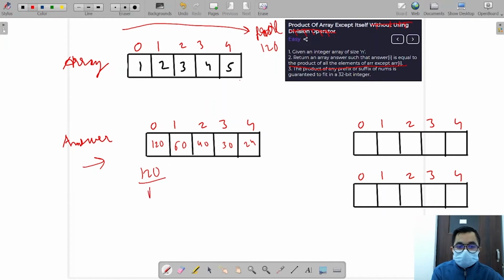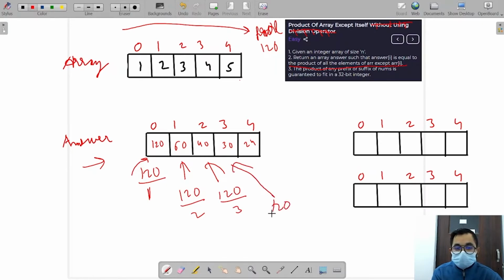At this place, it will be divided by 1. At this place, it will be 120 divided by 2, then 120 by 3, 120 by 4, and 120 by 5. Something like that, and you have your answer array filled. Right, well, you can try to do that if you want to cheat the system